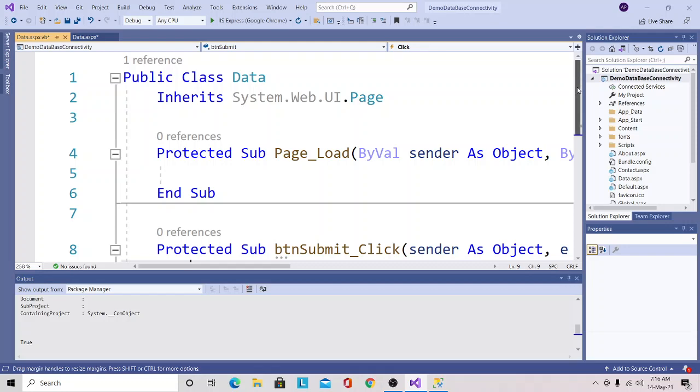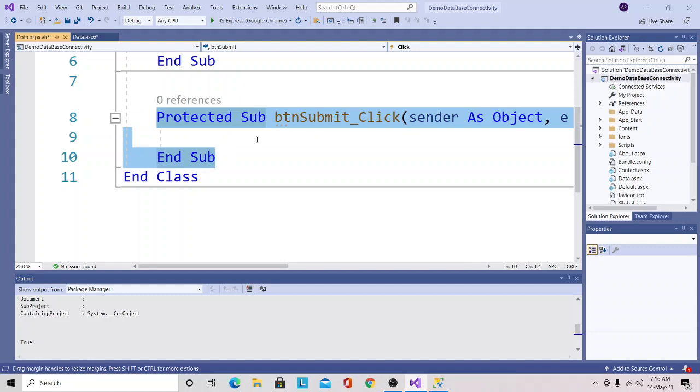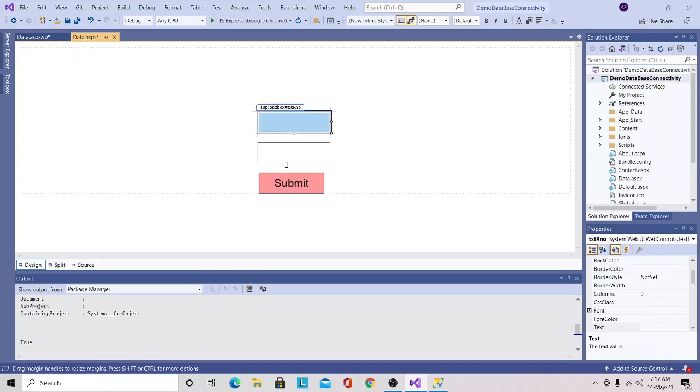Now here I can execute the Visual Basic programming code for the database connectivity. You can see this is the btn submit click event for the submit button, and I will execute my database connectivity code within this event, as I wanted to store the values that have been entered by the user in the respective server controls.